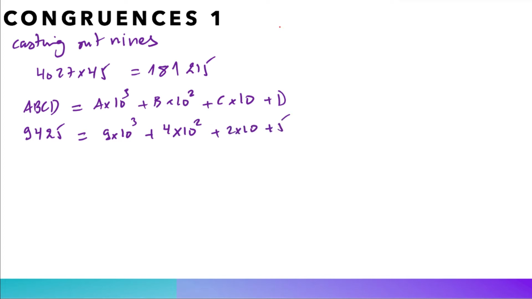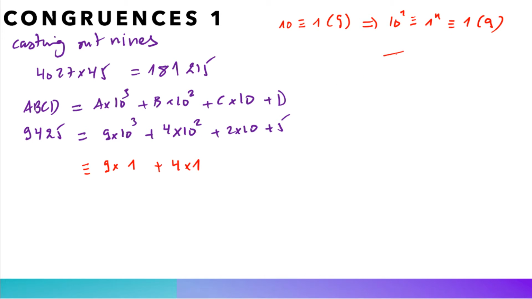But actually, we know that 10 is congruent to 1 modulo 9, which implies that 10 to the n is congruent to 1 to the n modulo 9, which is also the same thing as 1 modulo 9. From here, we can deduce that 9,425 is congruent to 9 times 1 cubed, which is 9 times 1, plus 4 times 1 squared, because 10 squared modulo 9 is congruent to 1 from this property that you see here,